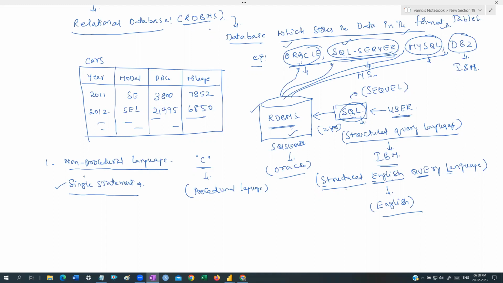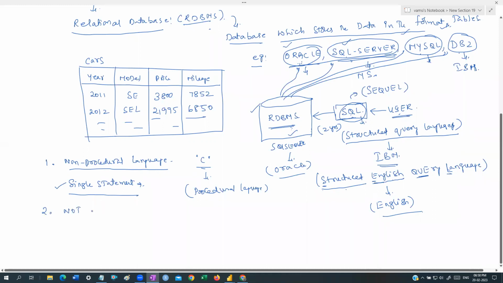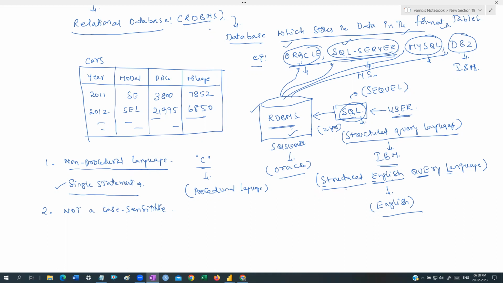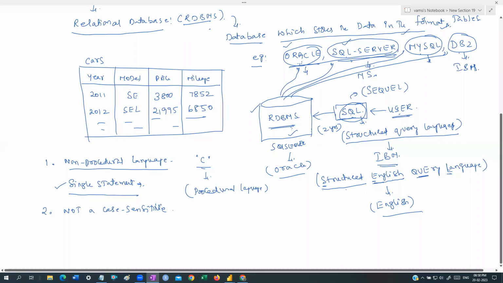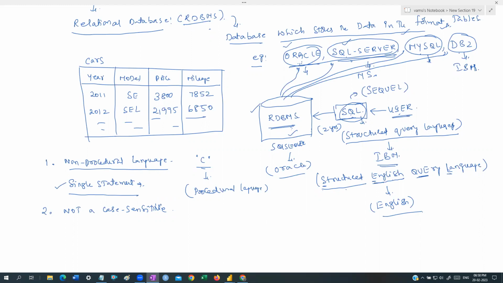We are going to write it actually. Okay. And one more thing, it's not a case sensitive language, guys. While you are writing C programs, C++, Java, one of the main problems we used to face is that they are case sensitive. That means if they define capital case, you have to write capital case. If they define lowercase, you have to write lowercase. Even Python is a case sensitive language. But here it is not like that. You can write SQL with any case. There is no dependency on the case. Whether you write uppercase, lowercase, or mixed case, the queries will execute, guys.